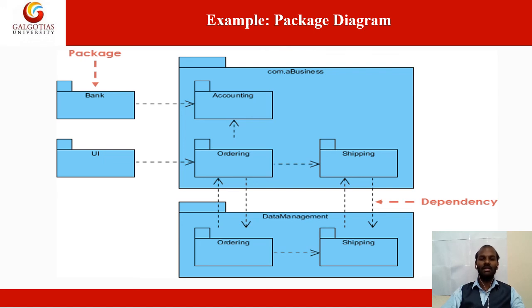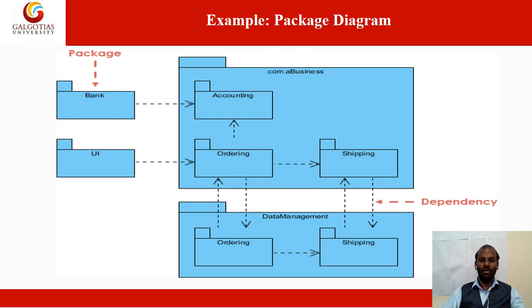These are the three major important names in the business package diagram that we are incorporating. And now apart from this, I have another main package diagram, that is data management. Under data management there are two things. Whatever product ordering is done, that information should be stored over here. What product shipment is done, that information is stored over here. So to track a particular order, we can retrieve the data from this data management.